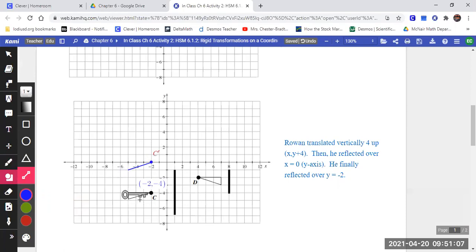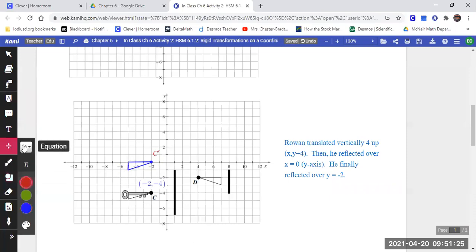That's 3 long. See, it goes 3 over. 1 up. So here's where my new triangle is. Yeah, I want you drawing it. And we decided that new location was,